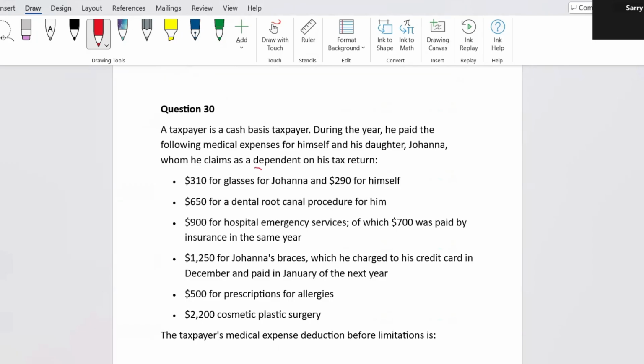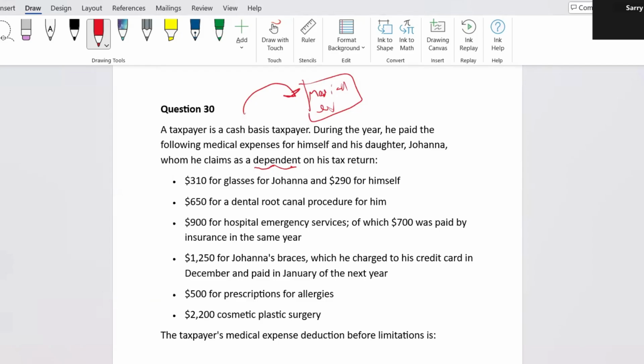That's key there. So typically you can deduct. Let me rephrase that actually. So when you consider how much you can deduct for medical expenses, let's just say we have a pot right here. It's called potential medical expenses because there's rules to the medical expense deductions. What you can add into this pot right here is either expenses for yourself, your spouse, or a dependent. Now let's count what's included.